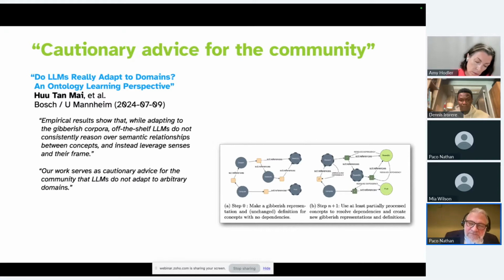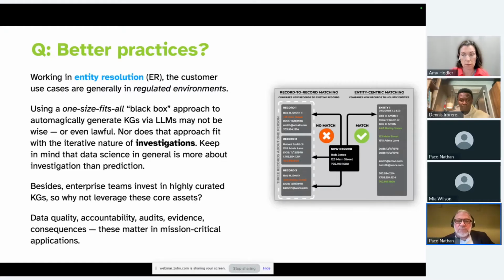And because of this kind of caution, I think that when you get into some types of work with knowledge graphs, particularly in regulated environments, you run into trouble by having something that's automatically generated. So I work in an area where I work with entity resolution, and like 60% of our customers are in air gap environments. So you can think of government agencies.